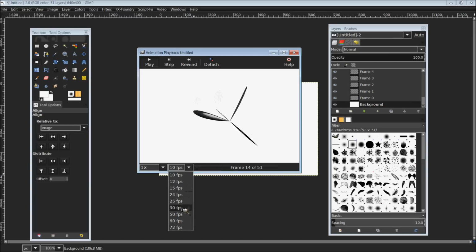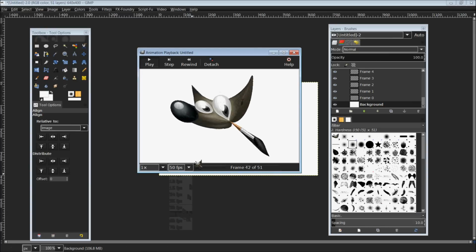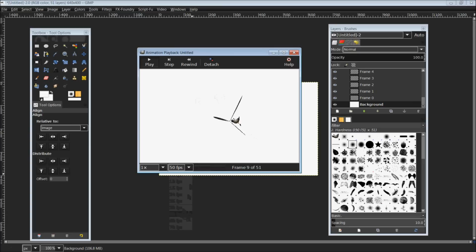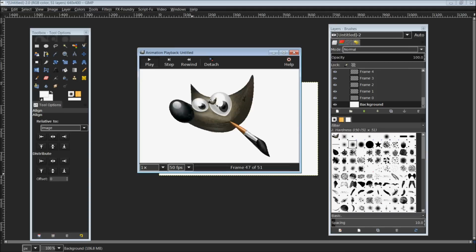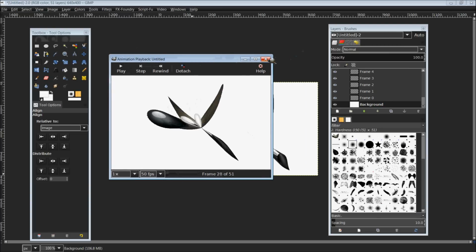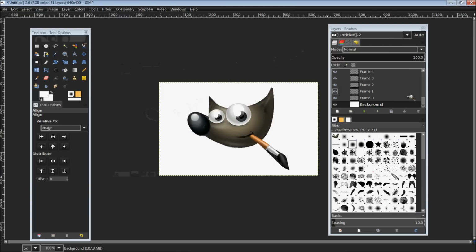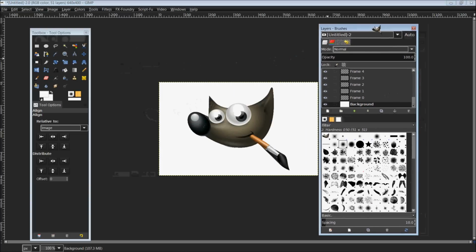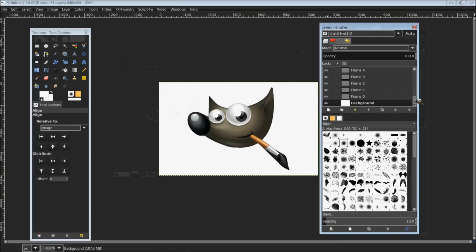So, now by playing around in here, I can tell that I like the 50 frames per second, how fast his head is coming out. I would just like it at the very end there when his face is full and complete for it to stay full and complete for a moment before the video ends or before it loops back. So I'm going to exit out of the playback window here, and coming back over into our layers dialog box, I'm going to scroll all the way to the top layer,